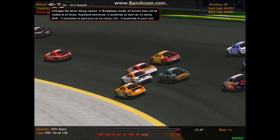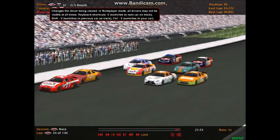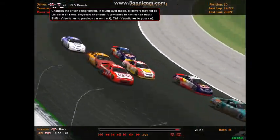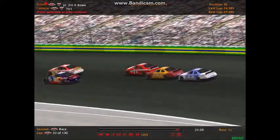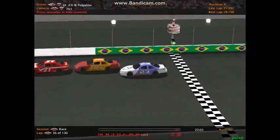This is going to be aggressive. Padcar's looking underneath Dodd. Dodd and Padcar make a little bit of contact there. Roush nearly comes up in front of the 23 car. The 21's being a bit of a nuisance. All that at one time. That's take your breath away. And because of that, Polyakov falls from 5th down to